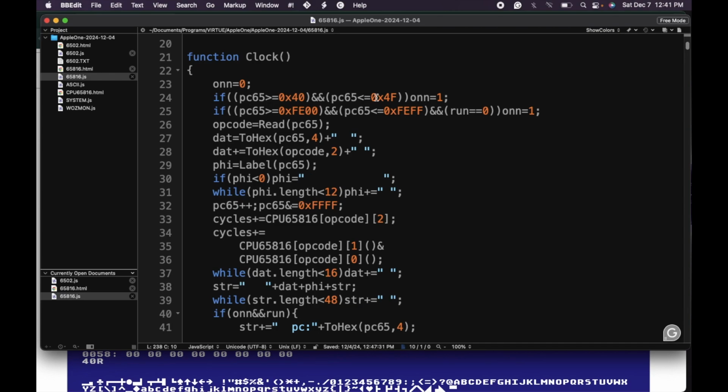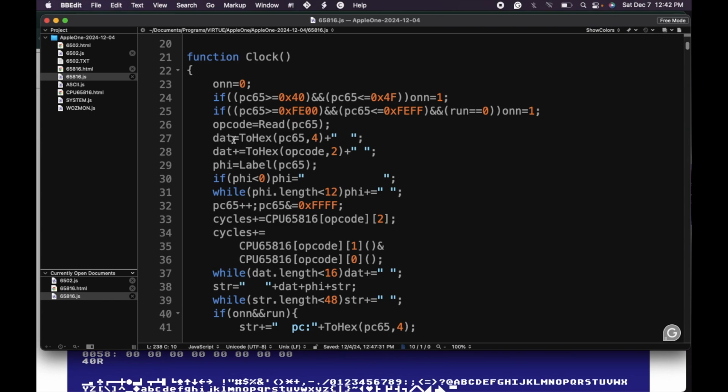Yeah, and here's the trace on element here, and here's the trace on and run off, and that way it just lists the code until it runs into a break, and then it goes back to the beginning. It goes to the reset vector and goes back into the WozMon code. First thing first, in the clock cycle, after the initialization procedure, we load the opcode from the program counter